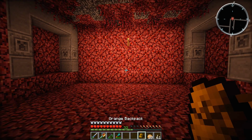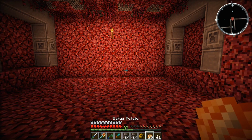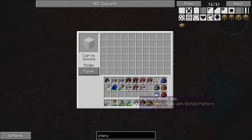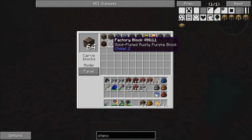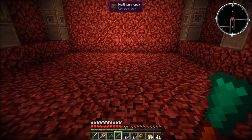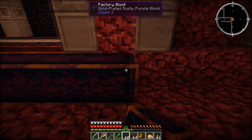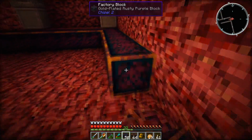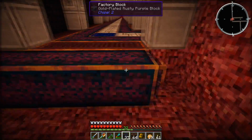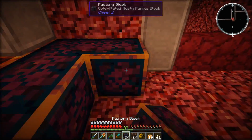I really don't want to use torches for this particular room as the primary light source. So let's go back into our backpack, and we'll grab some of these factory blocks. 2 stacks, I think, should be plenty. And we will chisel one of these as gold-plated rusty purple blocks, and one as gold-plated fancy circuit blocks, which is this kind of red one right here. And I think what we'll do is we'll take these blue ones all the way around the edge, like...